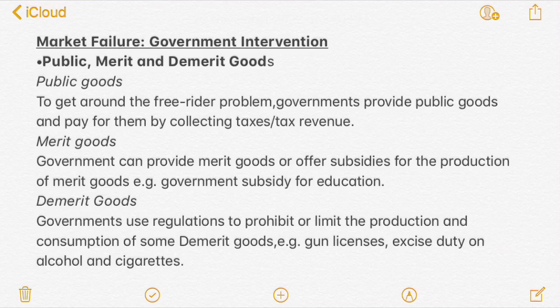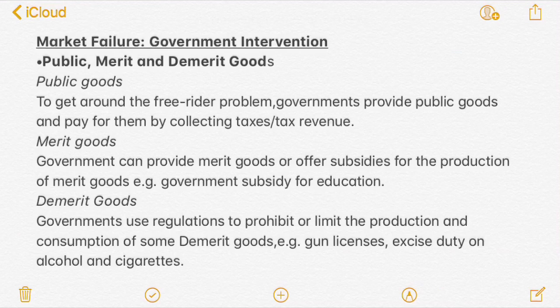So we're talking about market failure and government intervention. I hope you guys are following because I have the notes on the screen, as you can see. First one is public, merit and demerit goods. So public goods